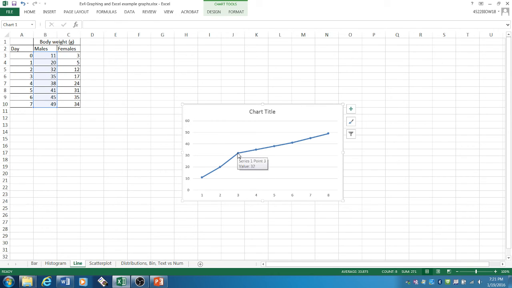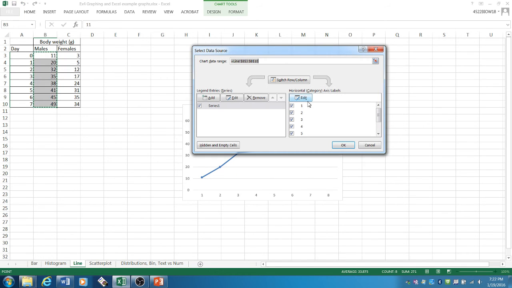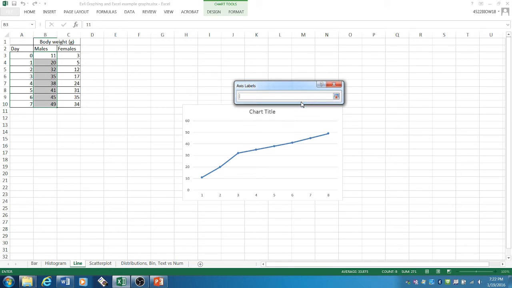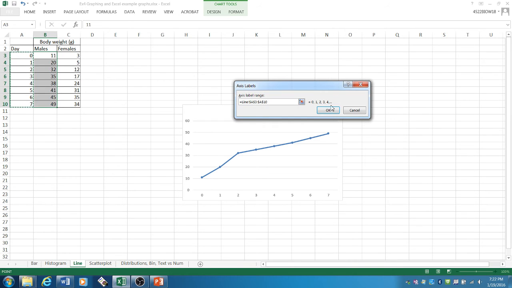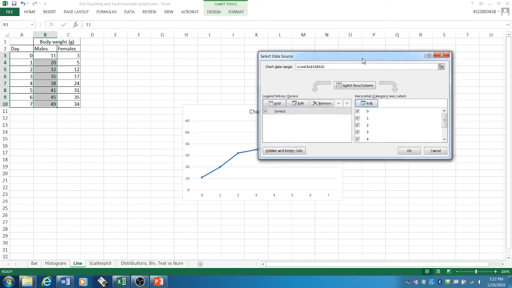Right-click on any of the data points. Click on Select Data. Edit horizontal axis labels. Click the Select button. Highlight the numbers you want for the categories, 0 through 7. Click again. Hit OK. And it's changed. Stay here in this Select Data